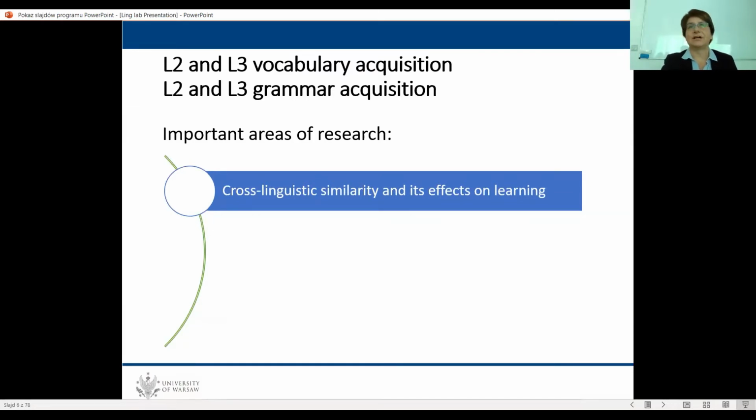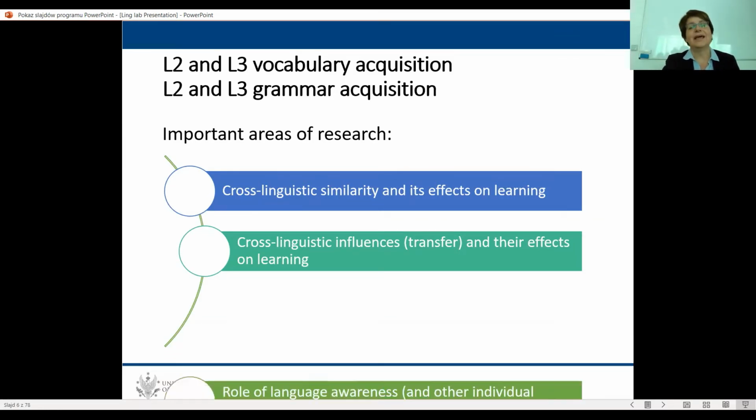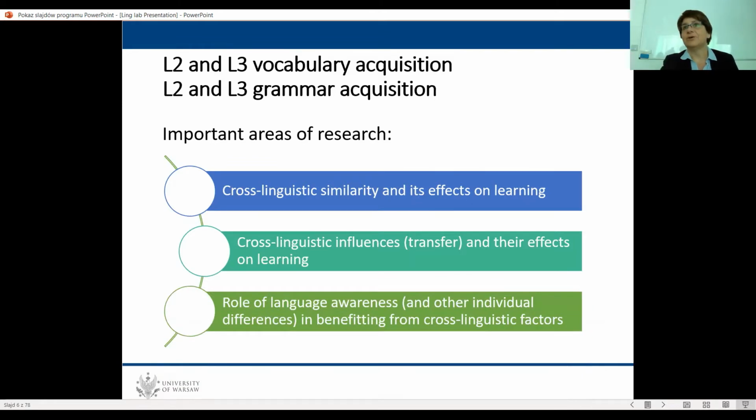So how languages are similar, to what extent they are similar, and the effects of those similarities on learning. The effect of cross-linguistic influences, so let's say the old term, language transfer, and their effects on learning, okay, and the role of language awareness, right? So how much the learner knows in terms of individual differences, how much the learner knows, and whether that will